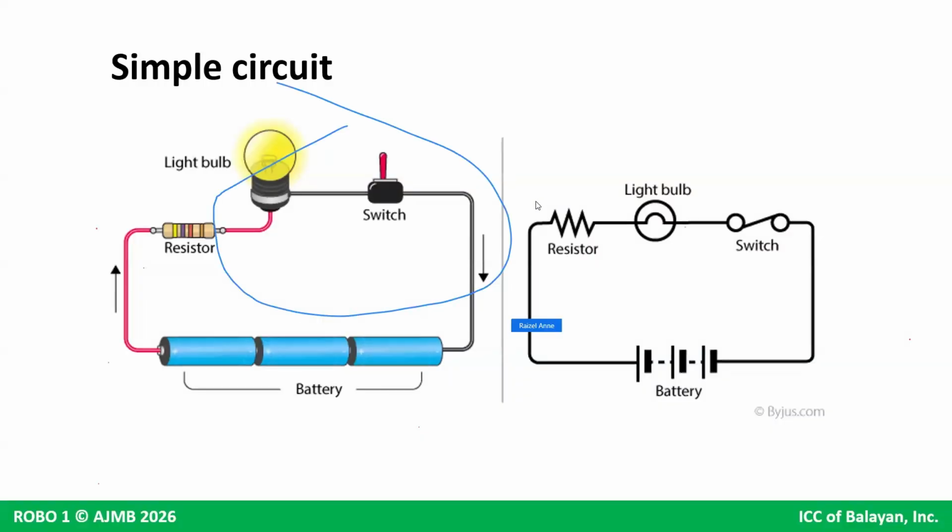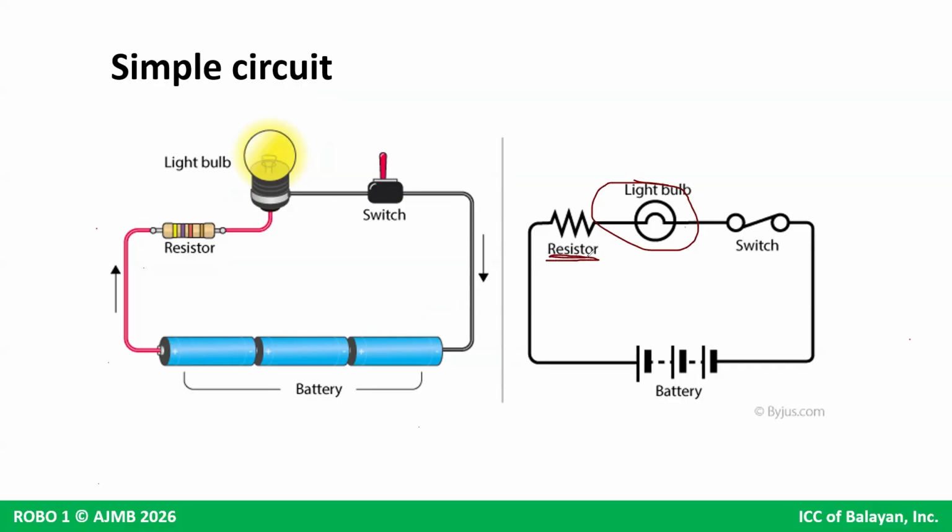Sige. This is just showing you the schematic diagrams that you can use, the symbols that you can use for each of the parts of the circuit. So the light bulb here, resistor, like you can use jagged lines like this. The battery here, the longer line is the plus terminal. The shorter one is the negative terminal. So since you have 3 batteries, here you have 3 pairs of that. And then this is your switch or your buttons. This is a closed switch since nakalapat na siya. If I do this, that's an open switch, right?